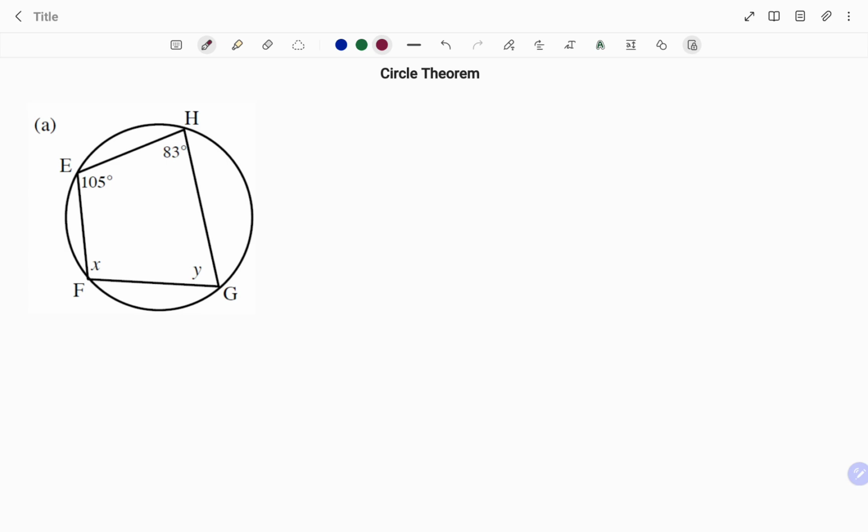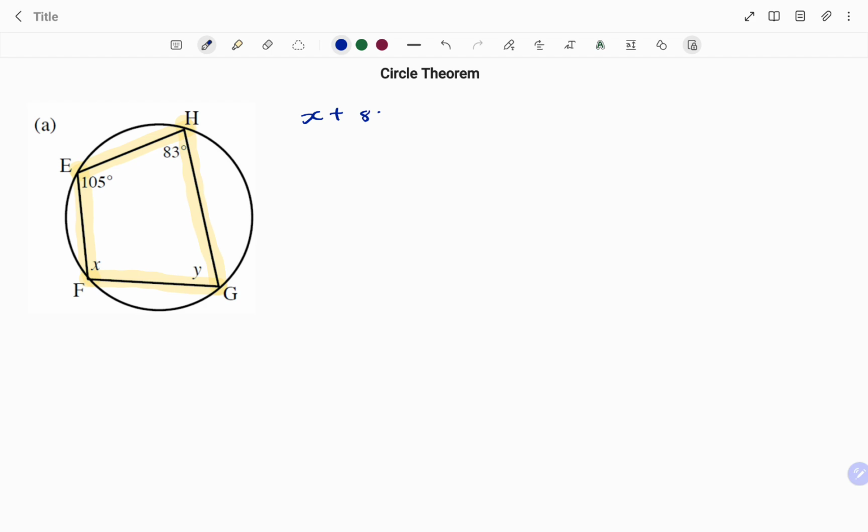In the first example, we have to find the angle x and angle y. Given the diagram, we know that because all the corners of our quadrilateral are touching the circumference of the circle, the figure EHGF is a cyclic quadrilateral. One of the properties of a cyclic quad is that the opposite angles are supplementary, or they add up to 180. So to find x,